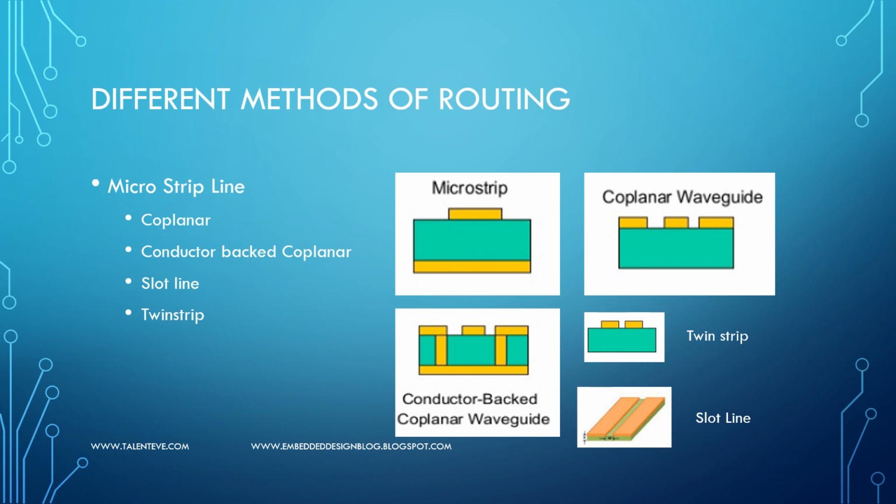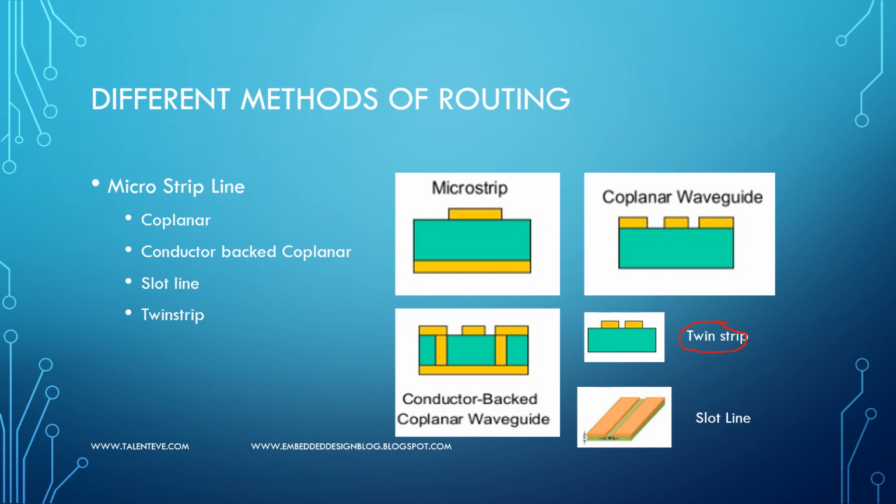Now in the strip line we have talked about differential routing. Similarly, you will have differential routing done on the top layer also, just to connect the devices or ICs. Definitely the routing will be done in the inner layer, preferably for a high speed design, but there will be some part of the signal that must be routed on the top or bottom layer for the connectivity to be formed to ICs. In such cases we use a topology called twin strip.